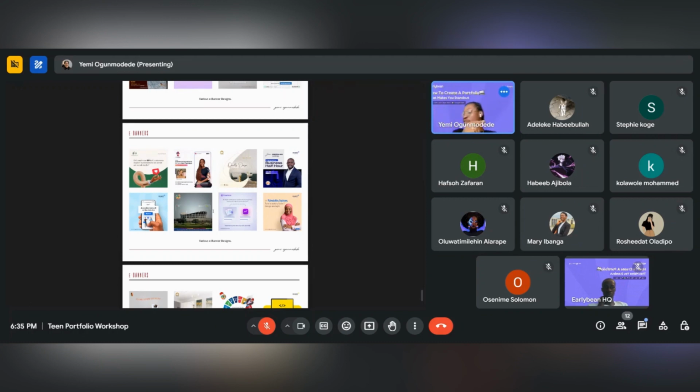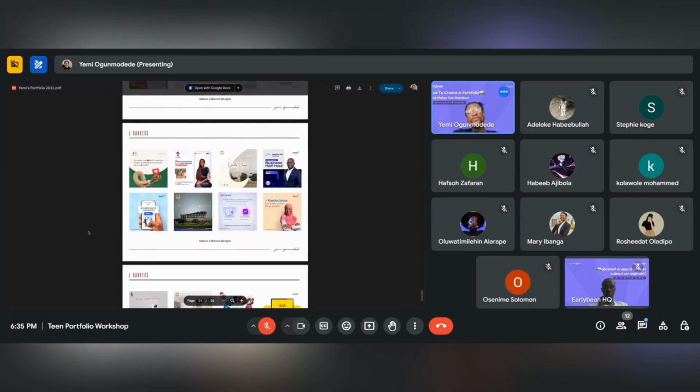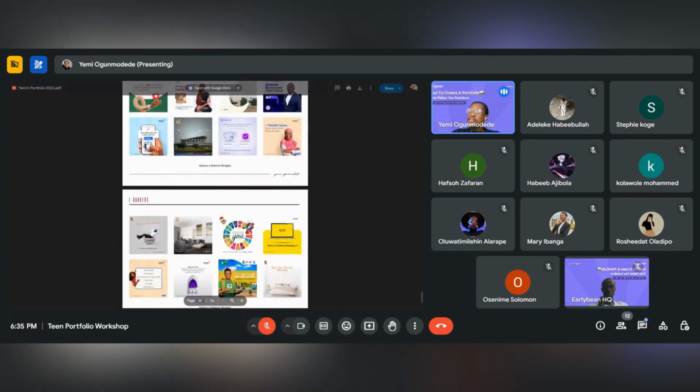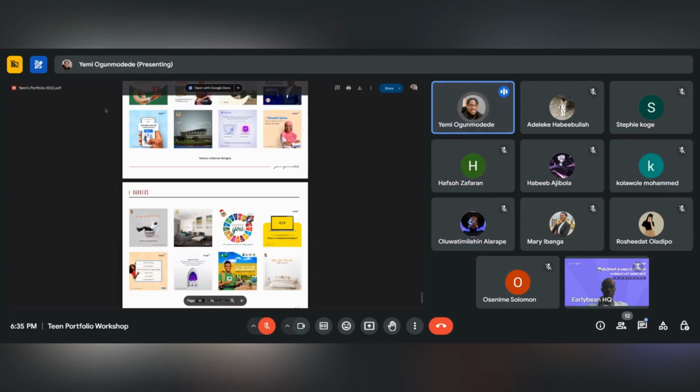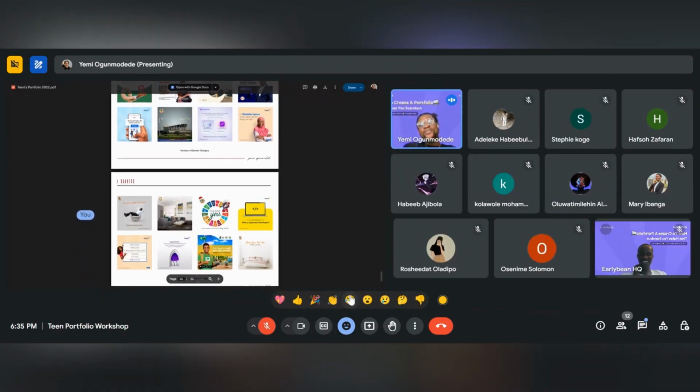Now that makes me go back to the point where I said that your portfolio is your personal book. So you should not be modest in any way. You should put your best work forward and show it nicely. Like I said, I'm going to share a link to this portfolio, not so that you go and copy my portfolio. Don't copy. What makes you a good, well, not good, what makes you a great